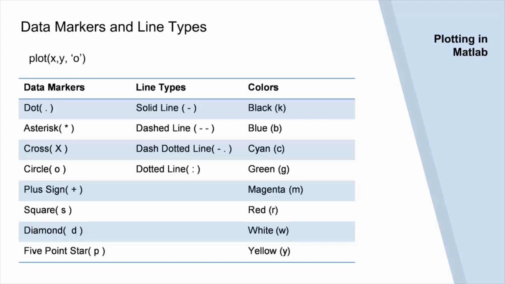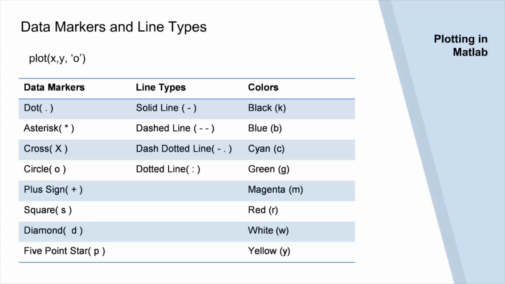Now, to use data markers, line types and colors to indicate lines in a plot, we need to provide the plot function with certain specified character constants. Say we plot the vector y versus the vector x, and we want to mark each point with a data marker. We can enclose the symbol for the marker in single quotes in the plot function. That is what is shown in the first line. So we are plotting x and y with the data marker of a small circle, which is indicated with the single-quoted character constant o. There are certain characters that represent various data markers, line types and colors for a plot in the plot function. They have been summarized in this table.